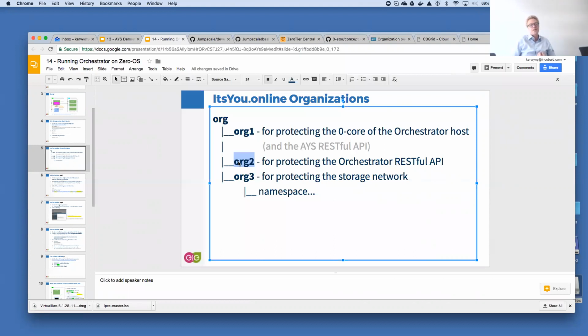But it complicates things. And feel free to use one single organization. Now, the second organization, if you still really want to create 3 distinct organizations, is the organization that you set up to protect the orchestrator. And that's where it's all about, of course, because that's typically the only entry point to what you are about to install, the orchestrator. And more specifically, interaction through its RESTful API.